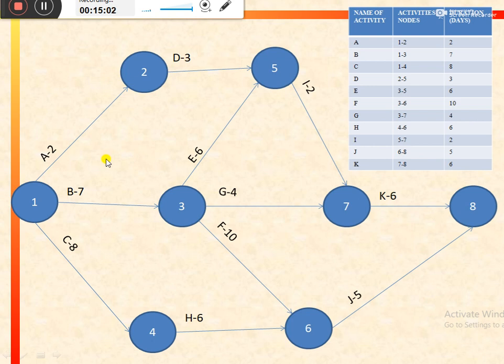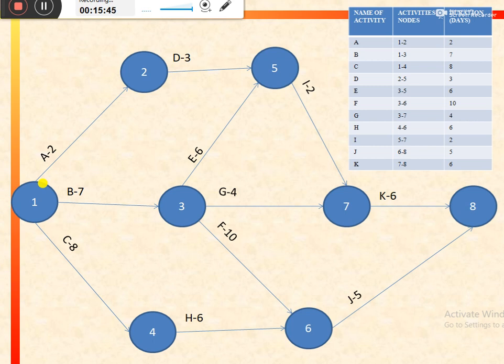First of all, we would calculate the earliest start and earliest finish times for different activities by using the forward pass, that is from the leftmost side to the rightmost side, or from the initial point to the terminating point. So in this way, from left side to right side, we would calculate the earliest starting times and earliest finish times for the activities. So for the first activity, that is activity A, we would consider the starting time equal to 0. Node 1 denotes the time 0, which would indicate the first minute or first second of the first day.